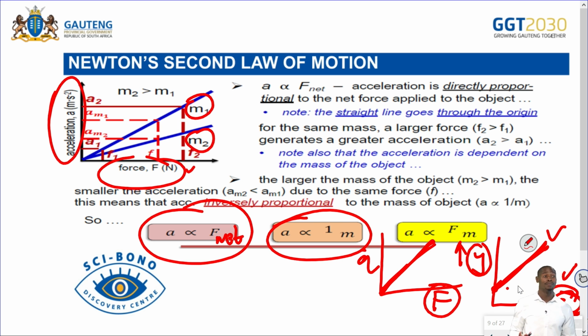So if they ask you to give the dependent variable, you will say it's acceleration. The independent variable, which is along your horizontal axis, should be the force. And the control variable should be the mass. Okay, so remember there's a direct proportionality between F and A, or A and F, at constant